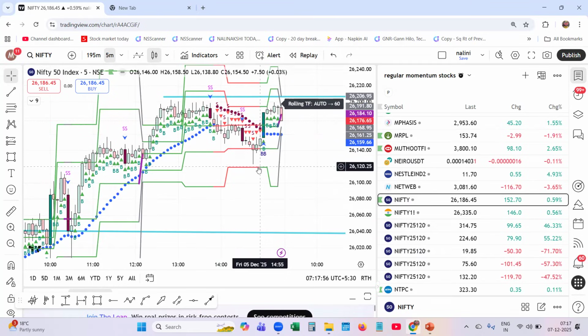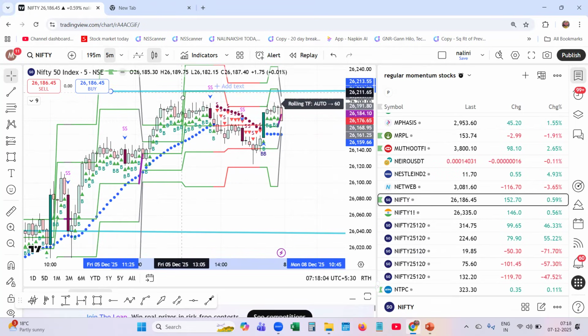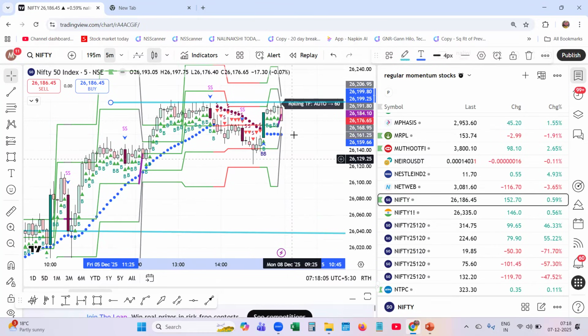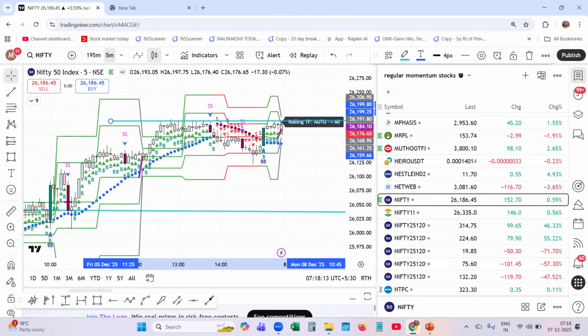because it touched the S2 a third time and has tried to move up. It may be a trap for the traders. It may gap down also, if it starts moving below that. So you can look for a put option in that. The call option is over because it has moved very much higher.